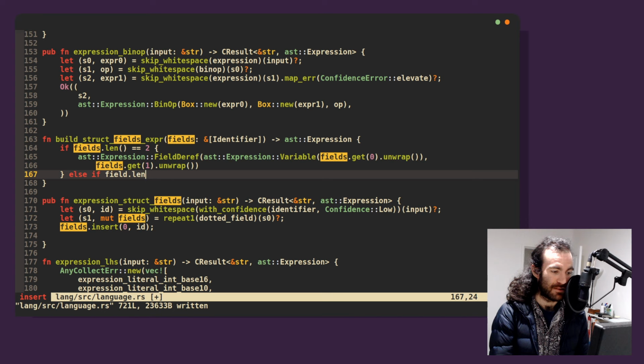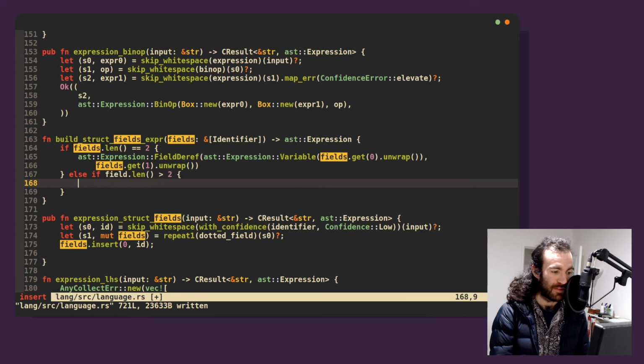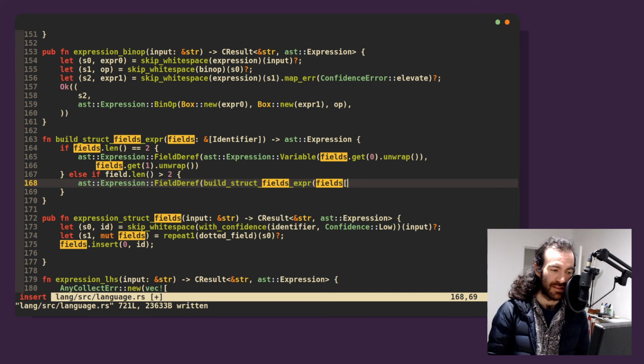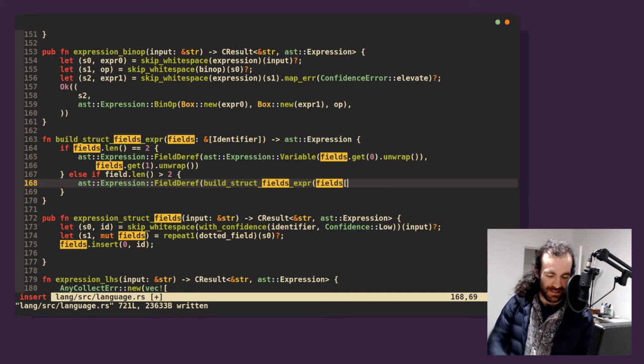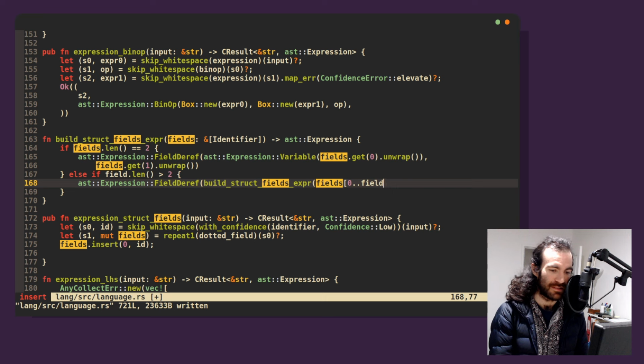If fields.len() is greater than 2, then we want to give back the field deref whose left-hand side is this. Now we want it to be the tail of this. So it's 0 to fields.len() - 1, I think, if not - 2. And then fields.get